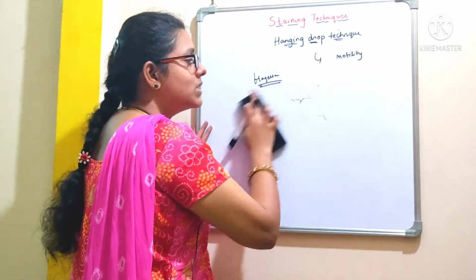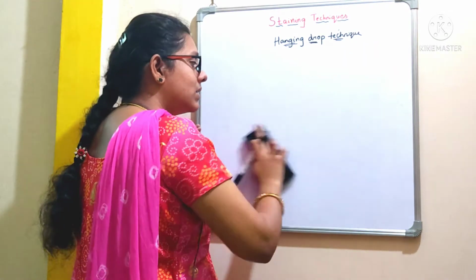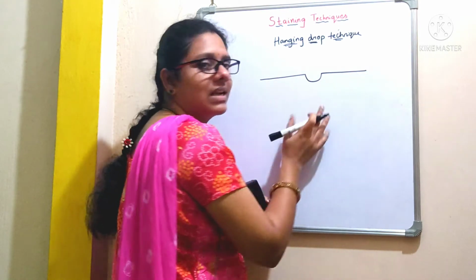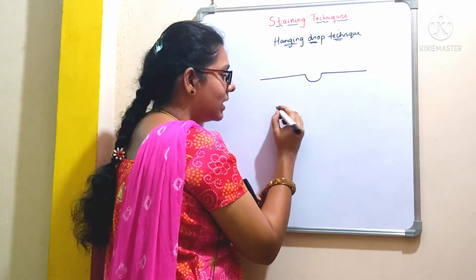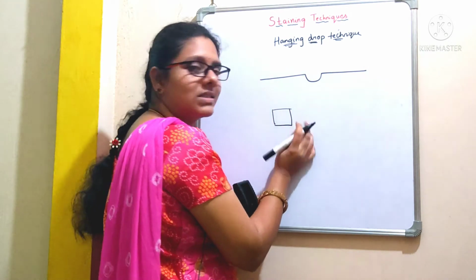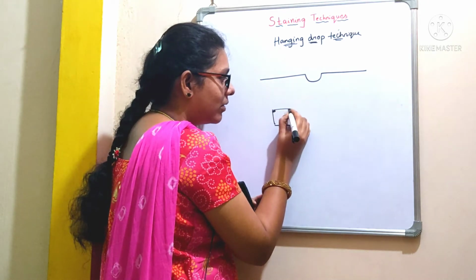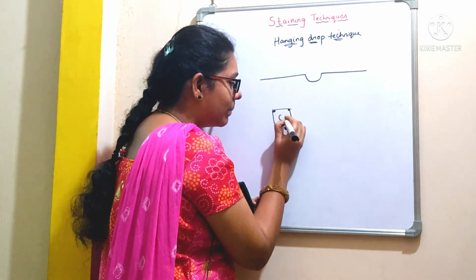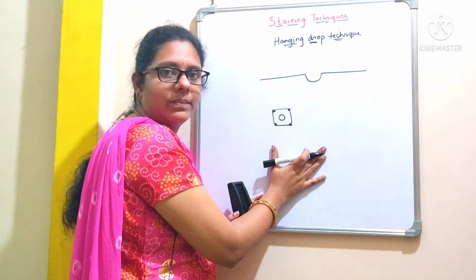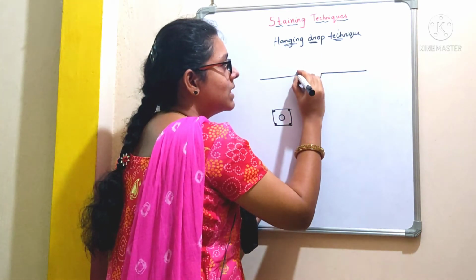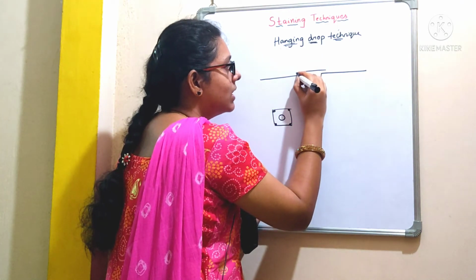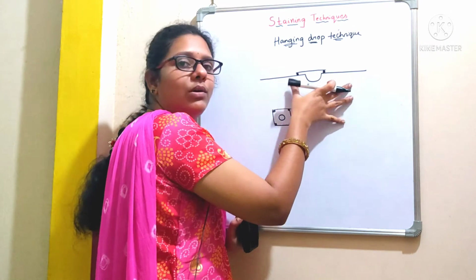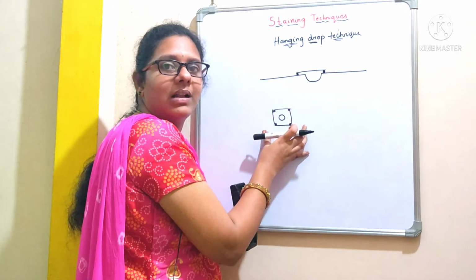So here, especially for this hanging drop technique, instead of the normal glass slides, we generally use a depression glass slides. Okay, and moreover here we are going to use a cover slip that is coated with the petroleum jelly at the corners of the cover slip, and here we are going to apply a drop of bacterial culture, right? And this cover slip is to be placed over here. So here we are going to seal it with the help of a petroleum jelly that is going to prevent the evaporation of this bacterial culture, right?